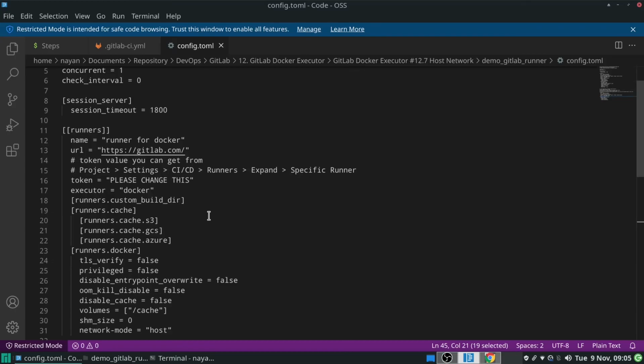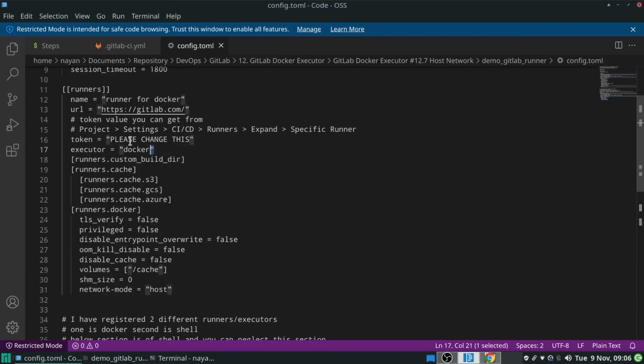Second thing, make sure that you have registered the GitLab Runner with the Docker executor, because if you have not registered the Docker executor, this particular runner section showing executor as Docker will not be available in your config.toml file.